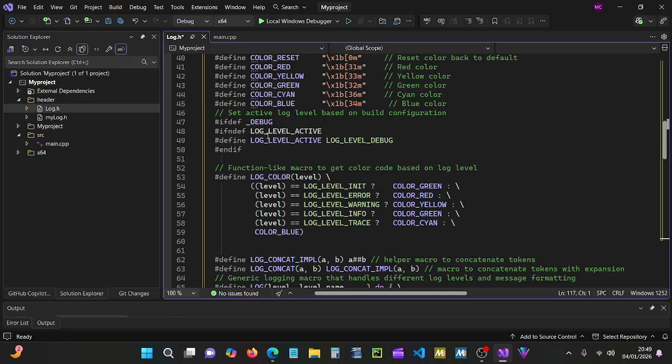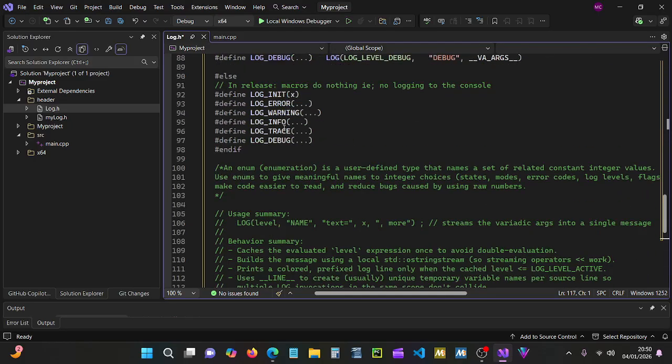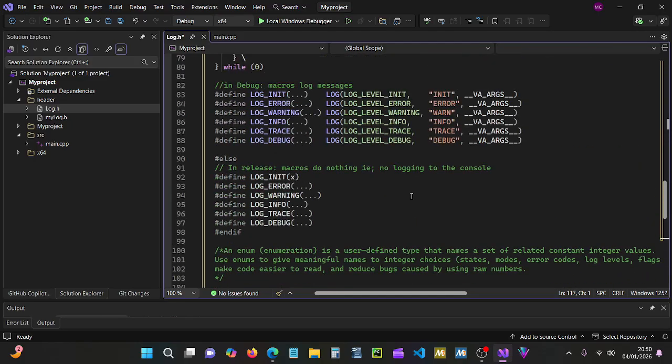Then the next little bit sets the active log level. So if it's in debug or if it's in release, you change this to whatever you are. Now obviously we're in debug at the moment because we're working on it, and all that does is then down the bottom here, that sets this section here. If it's in debug, it'll print out